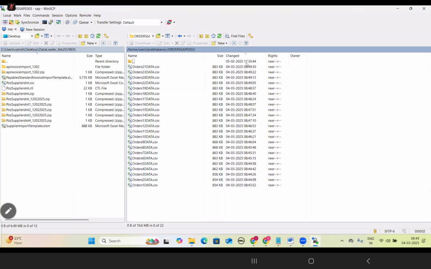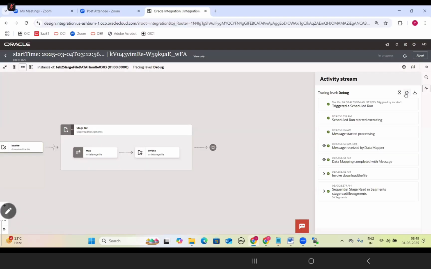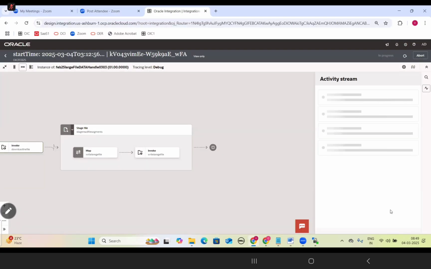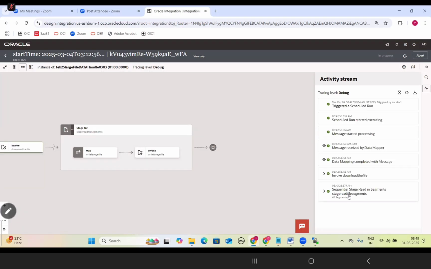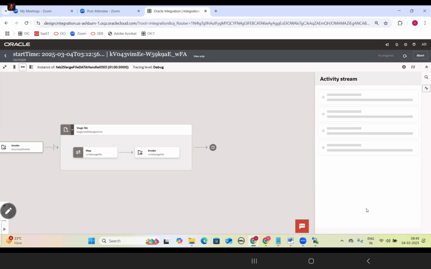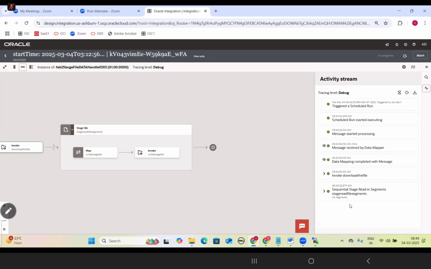Refresh. 43 segments. 346 times it is taking the 2000 records and sending to the right file directory.